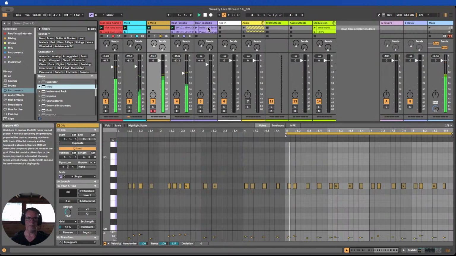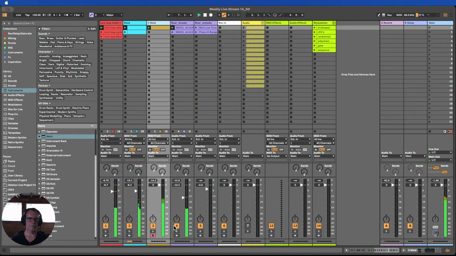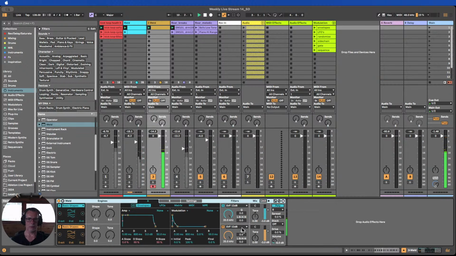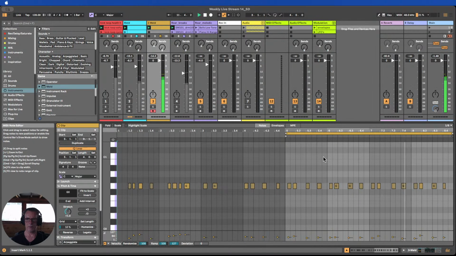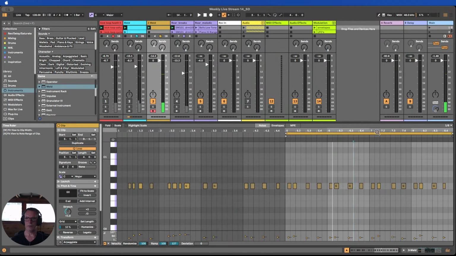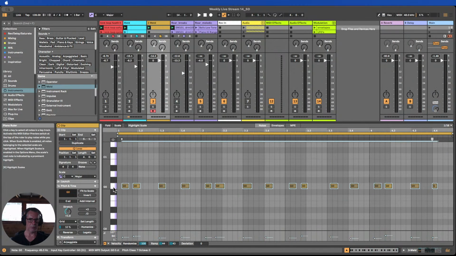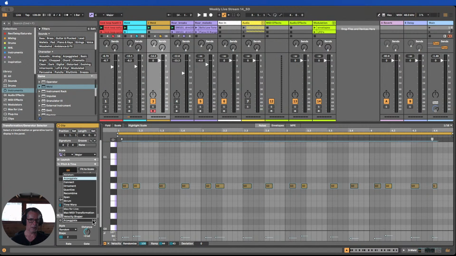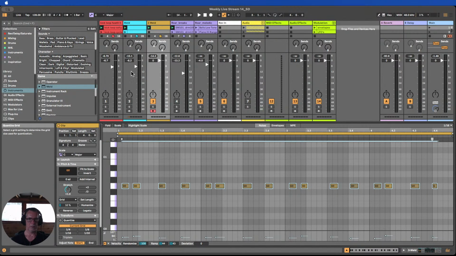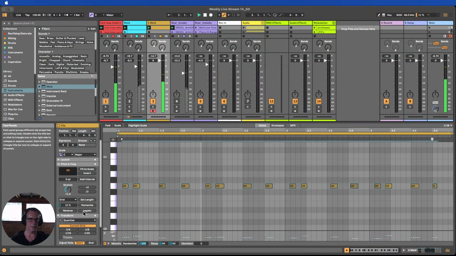Okay, just playing a little bit of a bass there. So let's say that we just check if we need any quantization here in this little clip I've played. So what I'll do is I'll actually just crop this area here that I've just played in, and we'll set about using it in a more conventional way. So let's pop down to our tools here and just see if we need a little quantization. I think it sounds quite nice actually, but